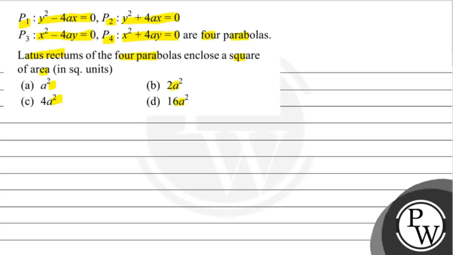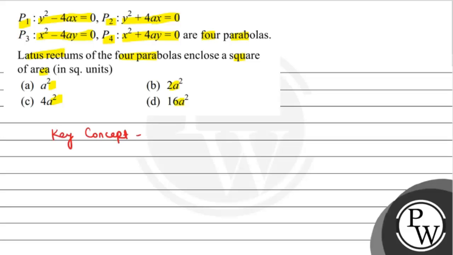Okay, so basically in this question you are given four parabolas, and the four parabolas have latus rectums, and the latus rectums are forming a square of the four parabolas. So you have to tell the area of the square formed through the latus rectums. Okay, so